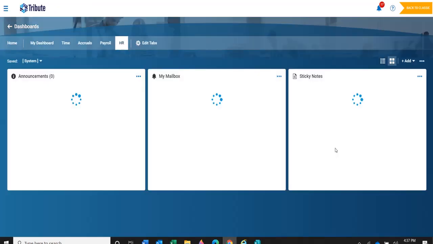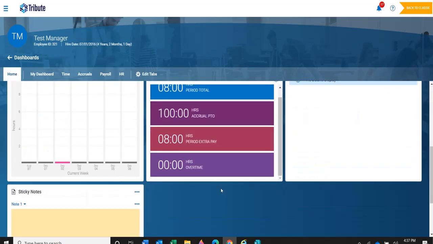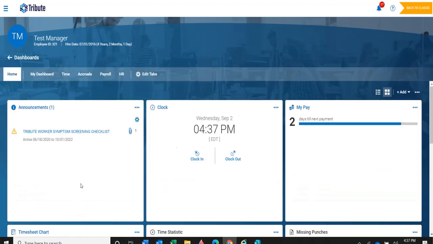And that is how you would set up your dashboard. Again, I encourage everyone to go into their dashboard so they're comfortable with it. If you have any